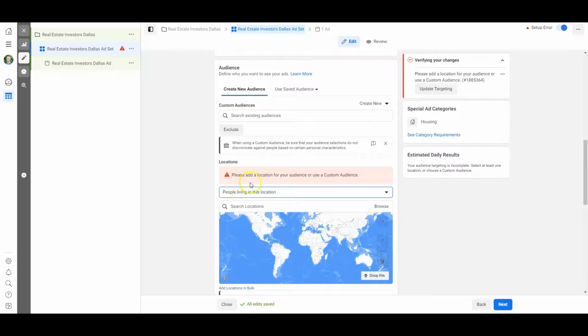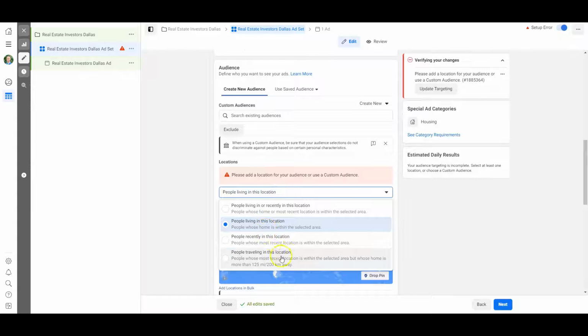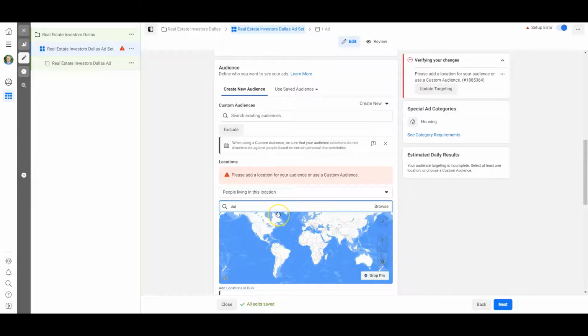People living in this location, make sure you pick "living in this location," because obviously we don't want people just traveling through or people recently in. We don't need that. We need people who live in Dallas trying to sell their homes. So then you're going to go to Dallas,